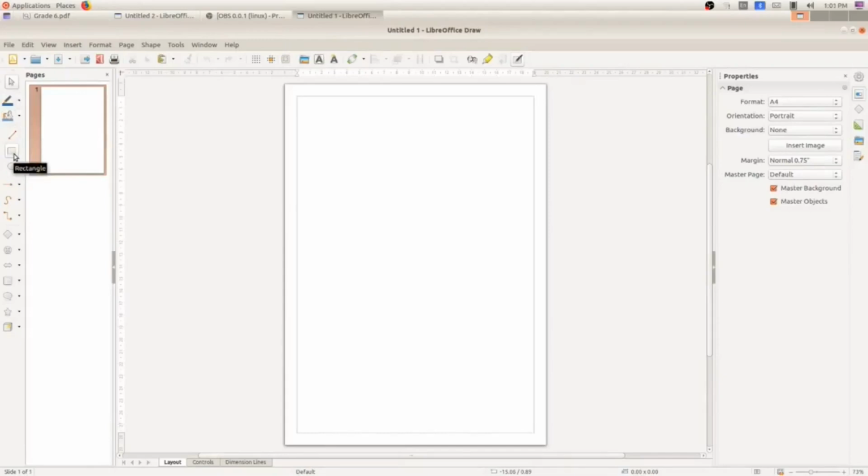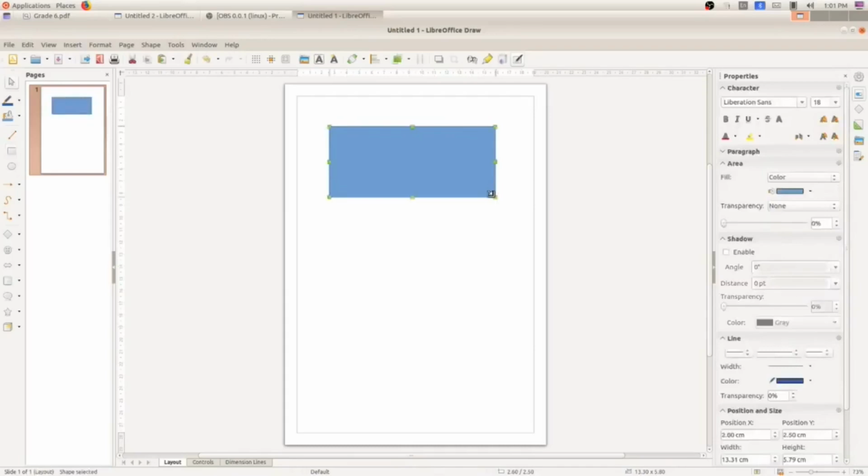Click on that tool and in the drawing space you just click and drag. Don't leave your hand, click and drag like this. So this is how to draw a rectangle.